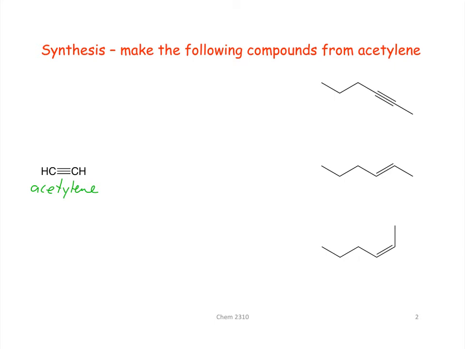Notice in the top one, the alkyne is still intact. So what we really have to do is add a methyl group to one end and a propyl group to the other end. So this is going to take two different alkylation reactions. Remember when we do these alkylation reactions, we're going to do these in two steps. The first step